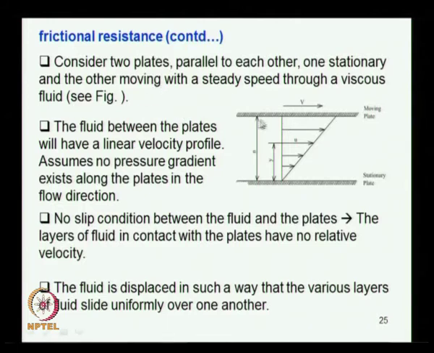Now we just explain this viscous effect here. We consider two plates, one is stationary, you can see that the bottom is a stationary plate and the top one is a moving plate with a constant speed of v. Here we consider there is no pressure variation or pressure gradient between the two plates. If there is a pressure gradient there will be a velocity. Now the flow is induced not by a pressure gradient, it is induced by the plate moving.